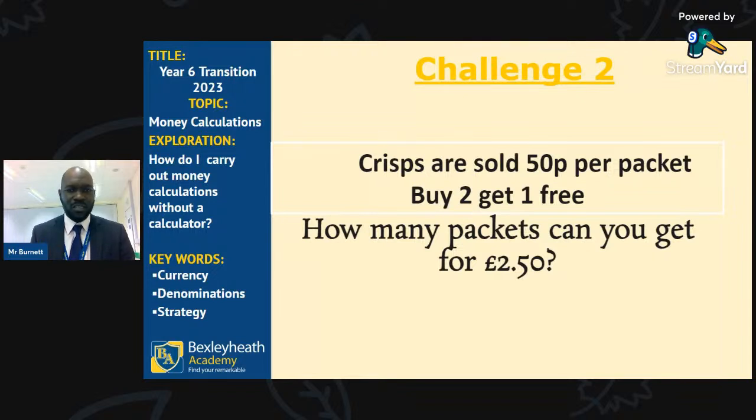Now, as this is our second challenge question, think about what you've learned in the previous question. And how could you use that in this question? So that's the whole point of learning. Is there anything you can reflect on from the previous question that can help you in this question? Does the hint from the previous question apply to this question? So again, we can buy our crisps in sets of how many?